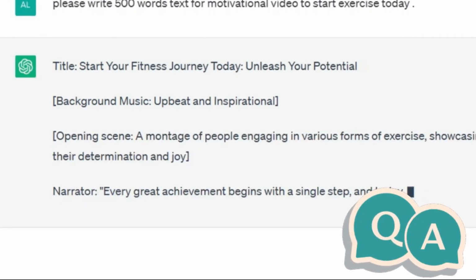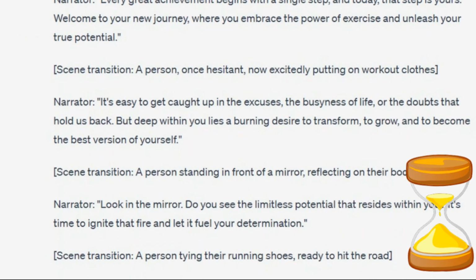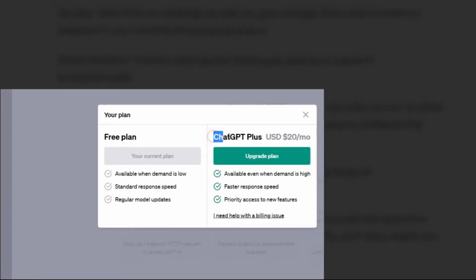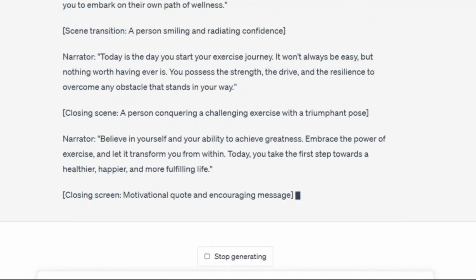You can write any request you have here and ChatGPT will provide you the answer in the shortest possible time. Of course, this is the free version of this AI. You can use its better version, which is a bit faster and will definitely be more responsive. You can easily upgrade it from this part. Well, this is a script prepared by ChatGPT.